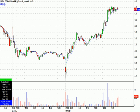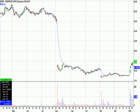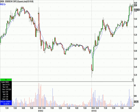1452. And even for people in our chat room that missed that, when DNDN looked like this, even though this seemed extended, because on the daily chart you had a big old engulfing candle over the shorts and sellers that came in yesterday, I said, hey, this gets through 14, it could rip some more. And you had a couple equal highs right here at 1396. So I said 1398, I would consider, and I actually did take the trade,